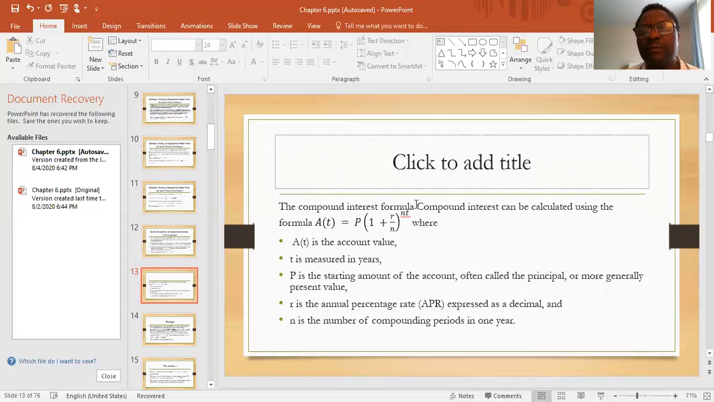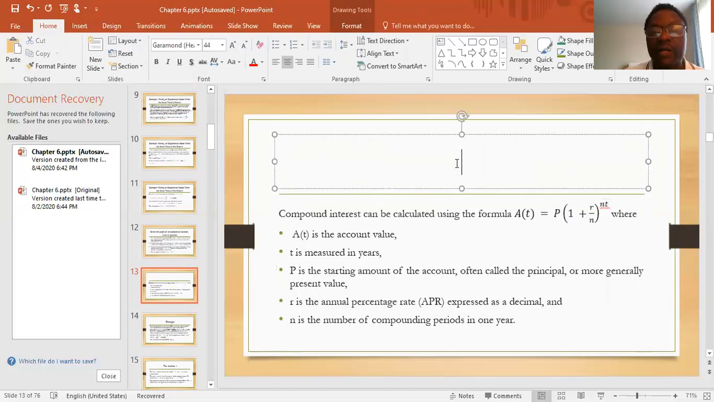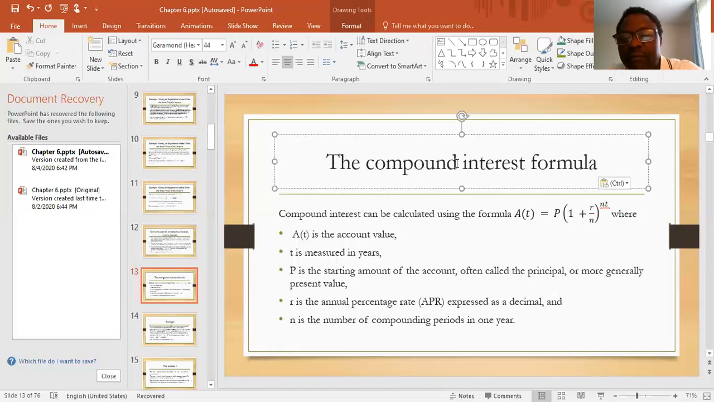Compound interest formula. The compound interest is another example of an application of an exponential function. So the corresponding interest can be calculated using the formula A of t equals P times (1 plus r over n) raised to the power nt, where A of t is the account value, the value in the account, t is measured in years, P is the starting amount of the account, the initial amount, also called the principal,